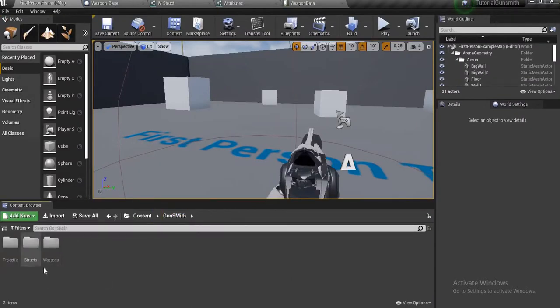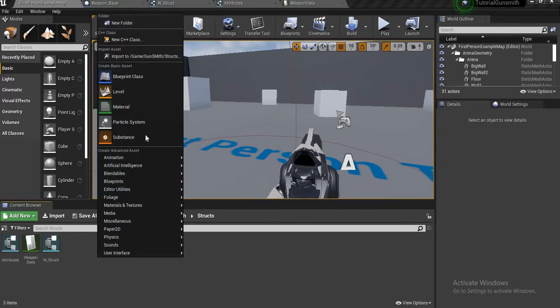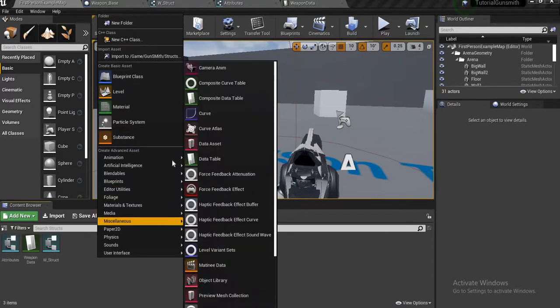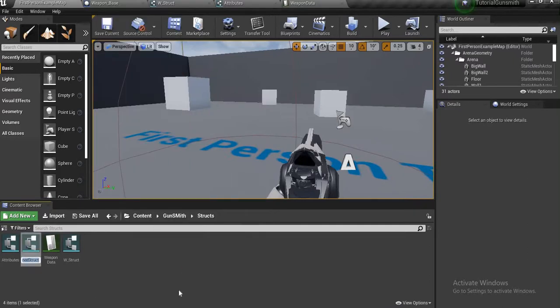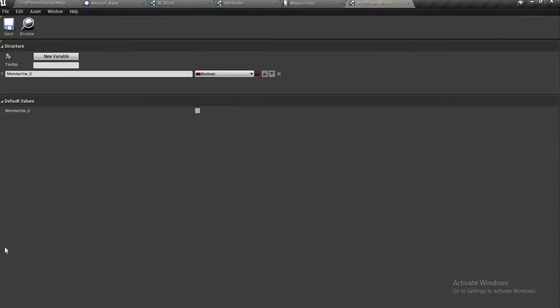Next, after we created our weapon struct and our data table, now we need to do our attachments. Let's do our attachment struct. We're going to do a new struct and call it attachment struct. And then the attachment struct